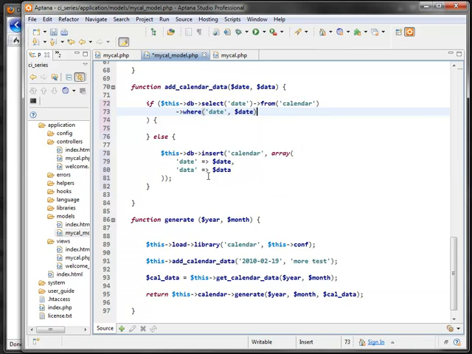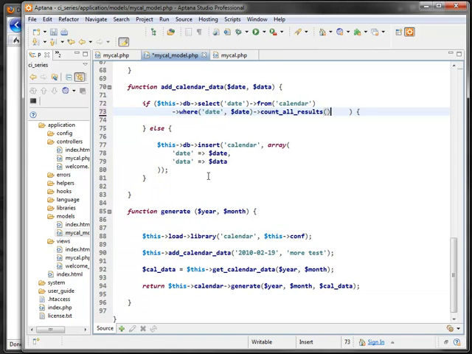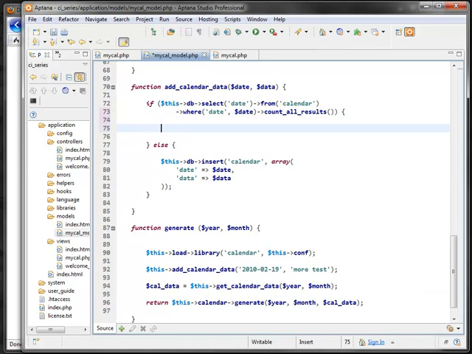That's the query, but for the condition, we need to check the number of results. So there's a function called, or a method called count all results. So this will return true if this date exists,